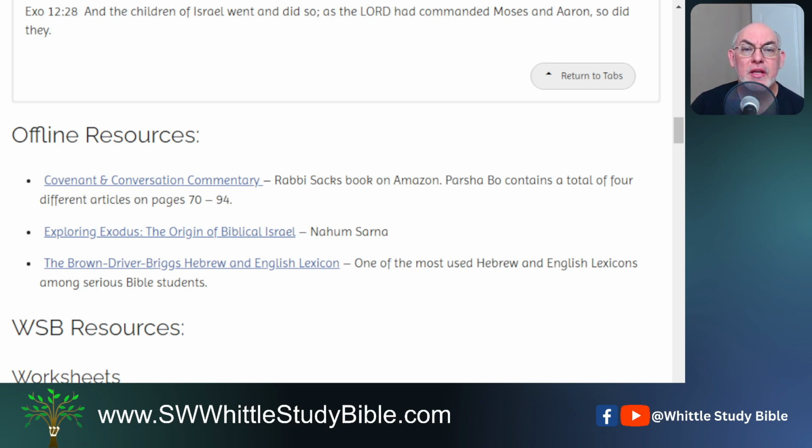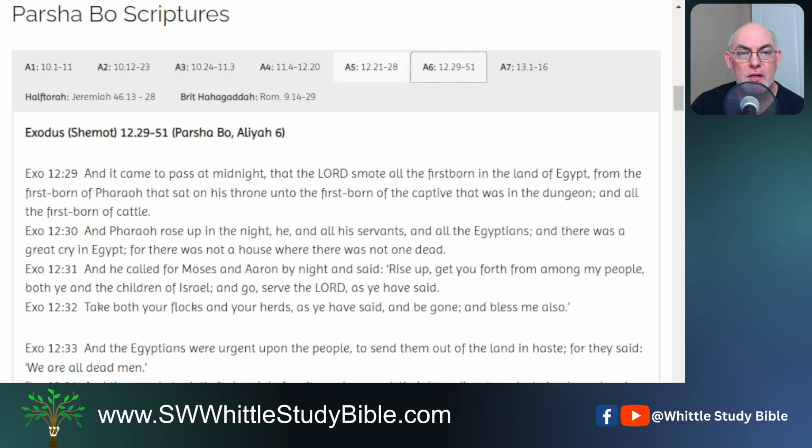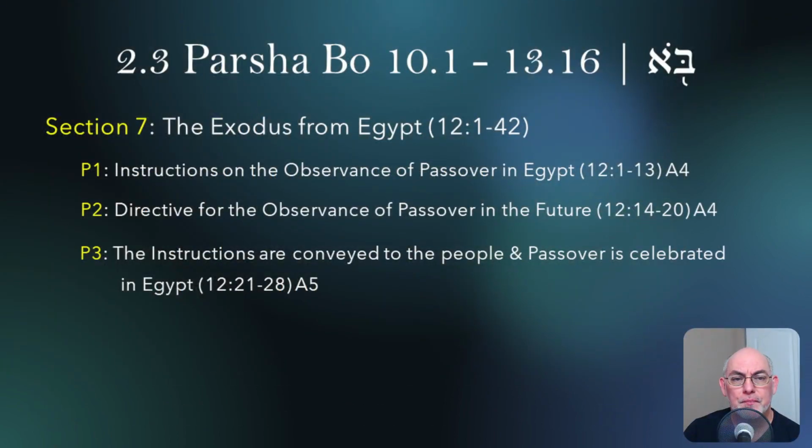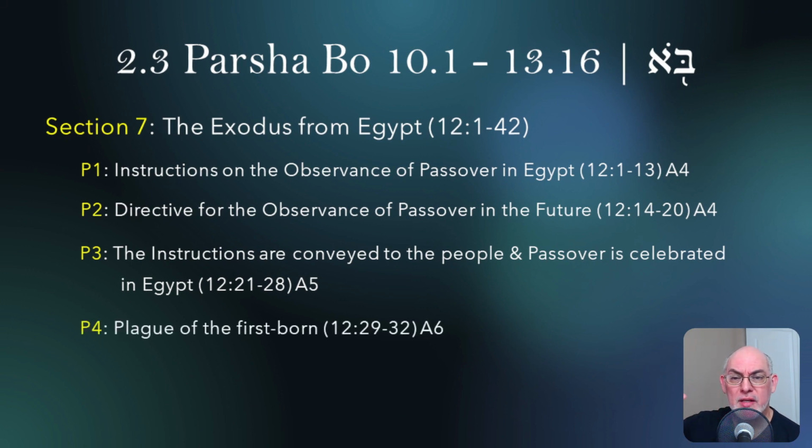"And the children of Israel went and did so as the Lord had commanded Moses and Aaron, so did they." So did they. This is our section that we are reading now, which is the fourth paragraph, which is the plague of the firstborn. So what we have going on is